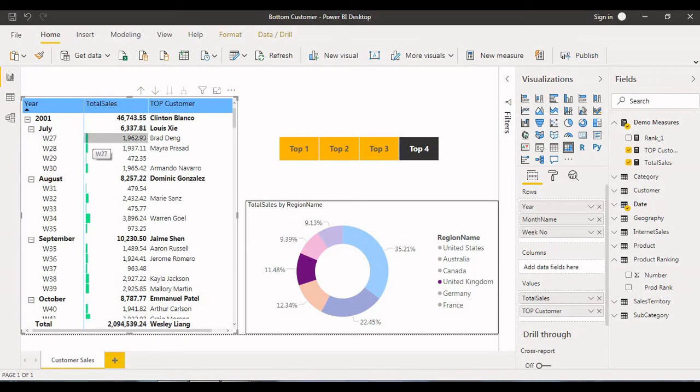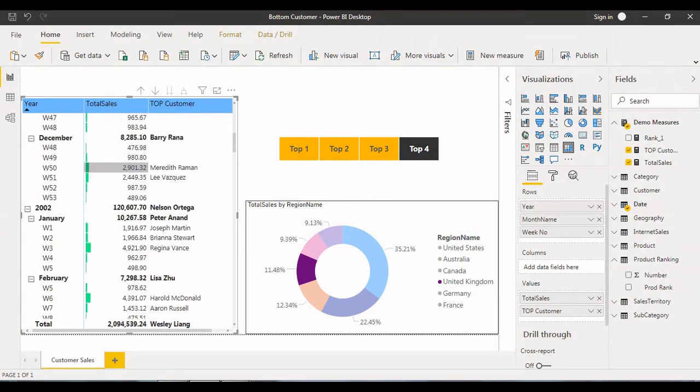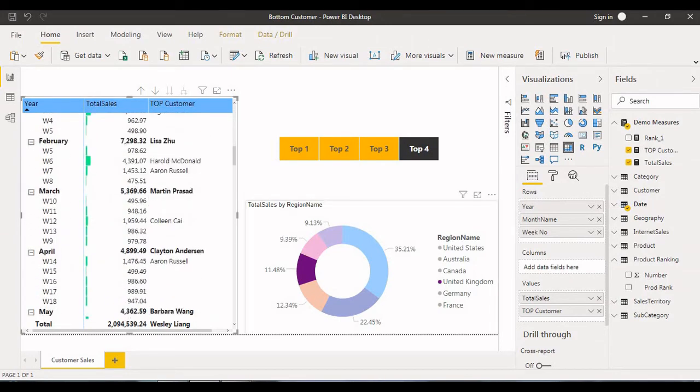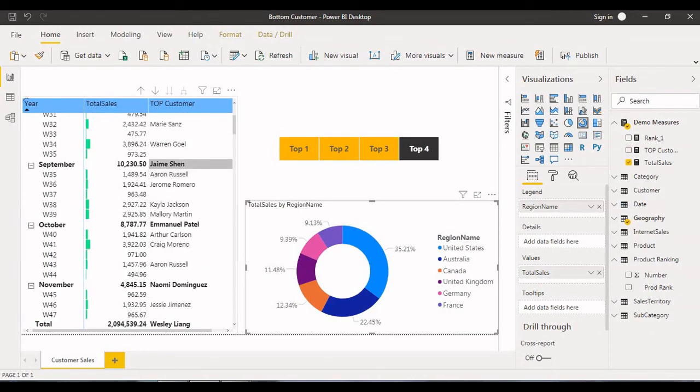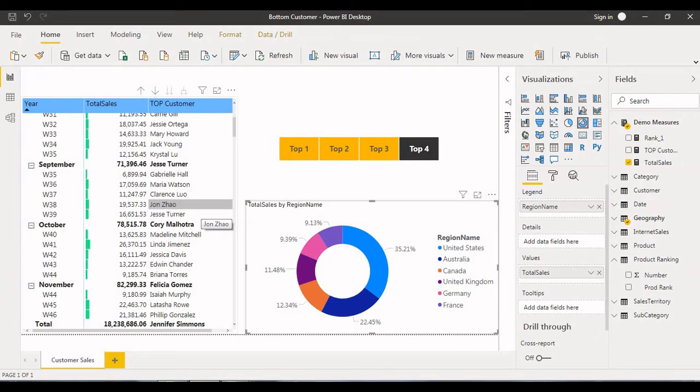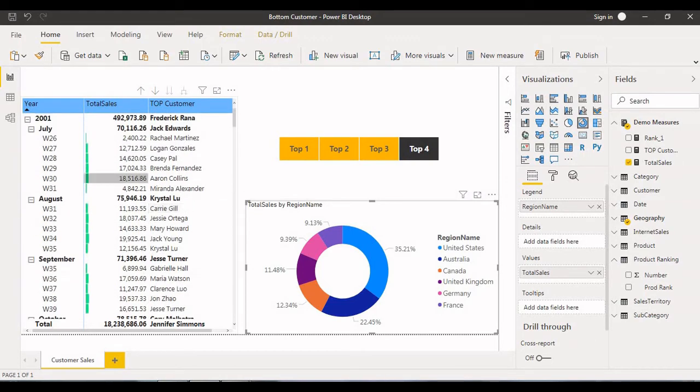At the week level, some of the weeks might be blank because I have selected a different region, and in that region maybe there are no sales, so that is the reason we did not find anything.